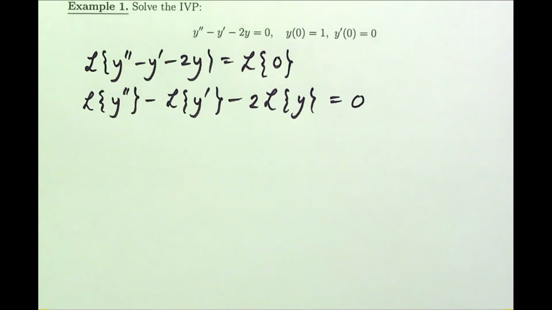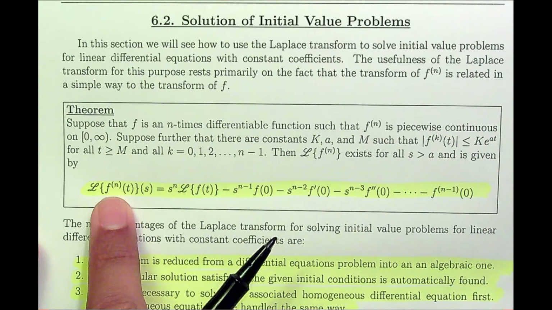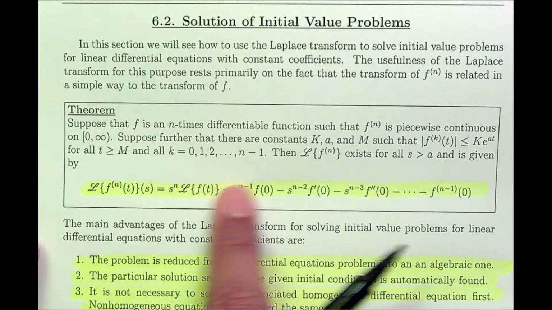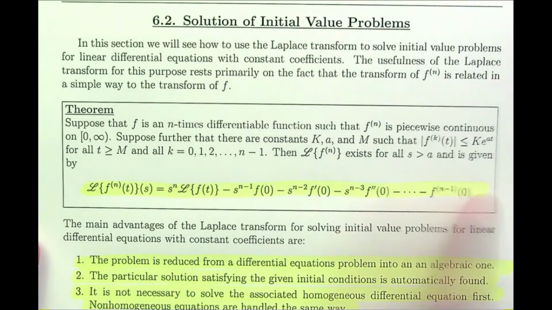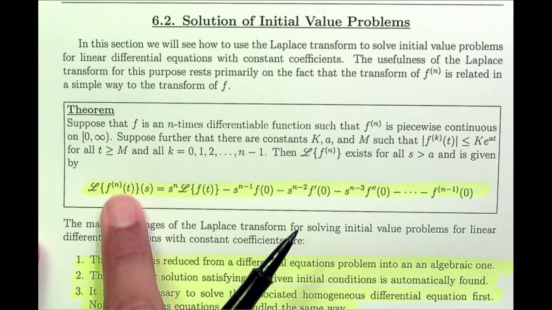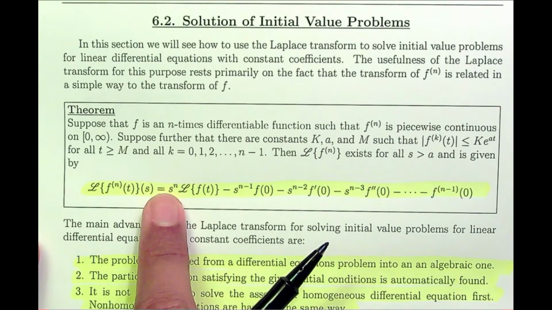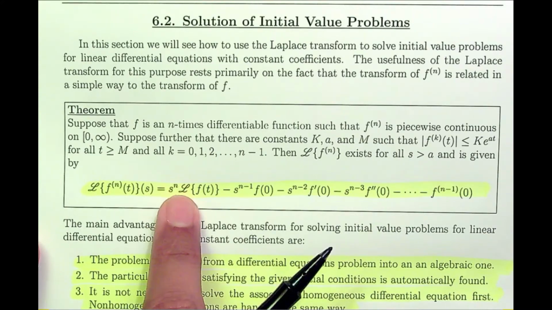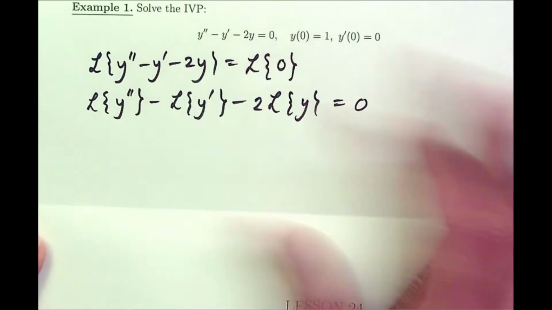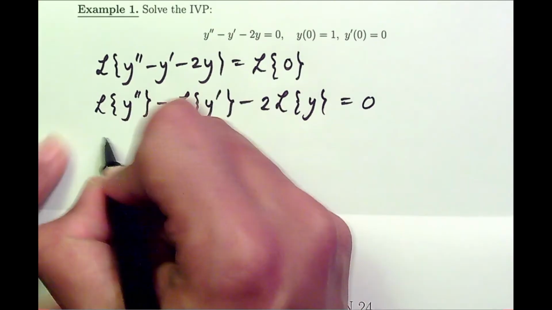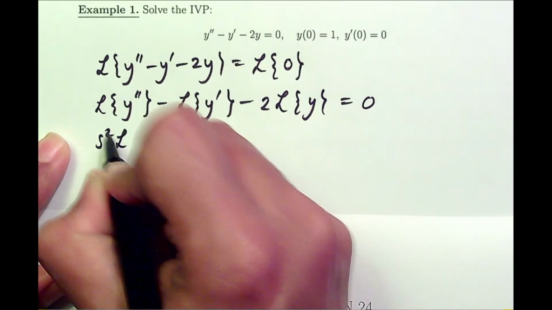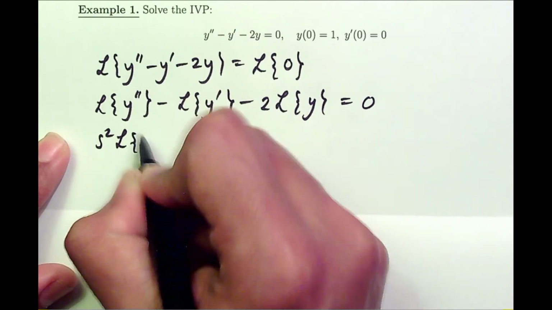Okay, now, here's where we're going to use this formula right here. Now, we have a formula for the Laplace transform of the second derivative. We're going to use that here. The Laplace transform of the second derivative means n equals 2. So the Laplace transform of the second derivative is going to be s squared times the Laplace transform of the function